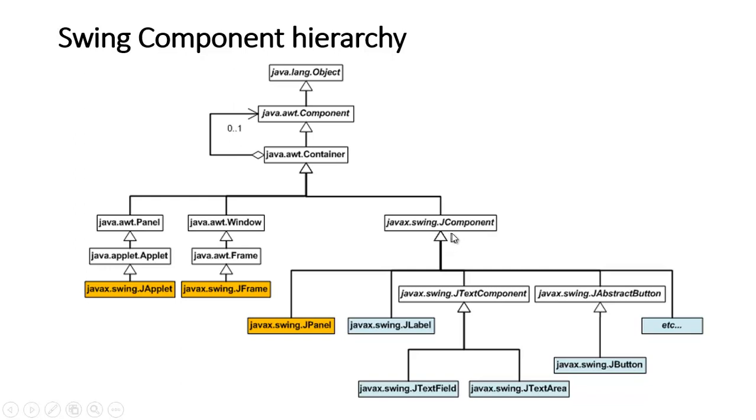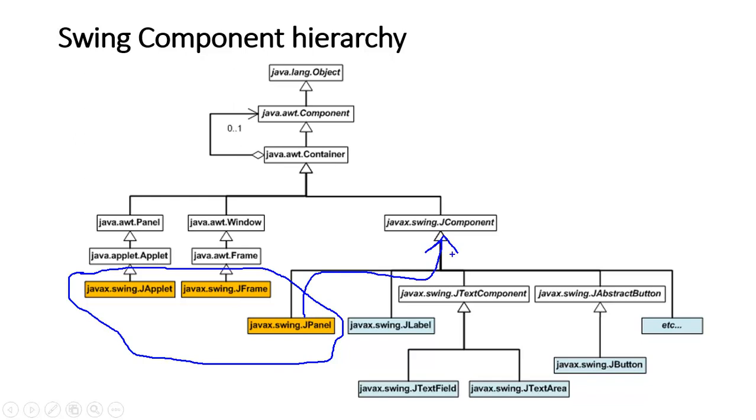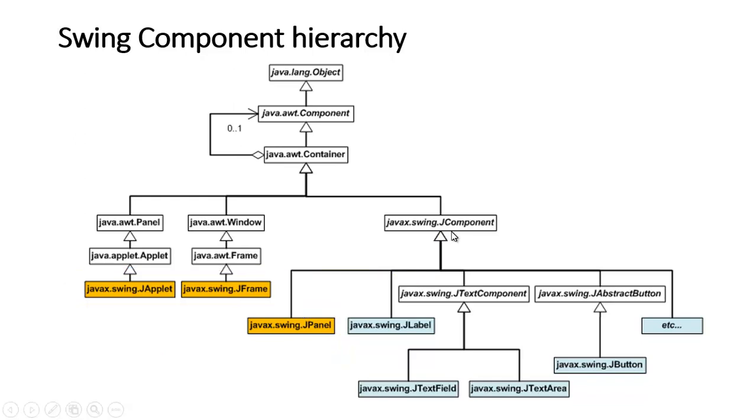However, you will notice a difference here. You notice that you have some different color over here for these things. The reason for it is they are containers. I'll talk about slightly later what is a container. Even though it is derived from the component, they are containers. So we are now focusing on the components, and all of them are these. So these are all components that we have here.